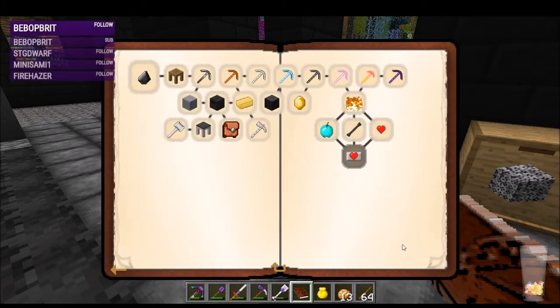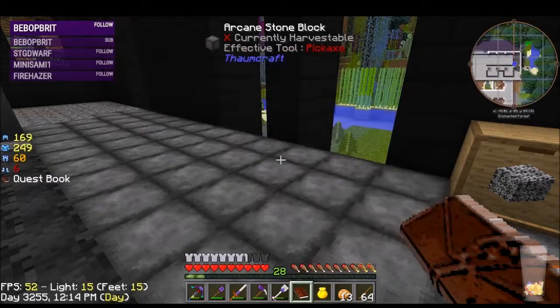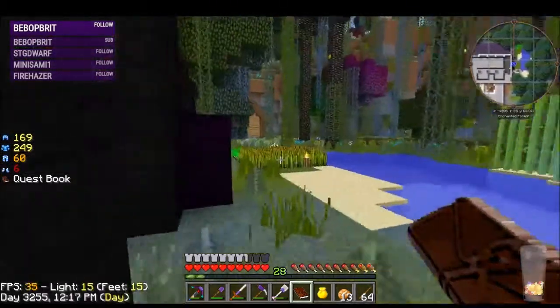I doubt I'll get much of the tinkering done right now until I've got more supplies and I'm better equipped and whatnot. But we can work on some Botania, some Thaumcraft, we can start working on Blood Magic, and we can get some magical crops going eventually. They're tied into Thaumcraft, so we need to get some Thaumcraft going. Definitely. So I thought we'd look into the easy ones from Botania first that we can do, because I was given